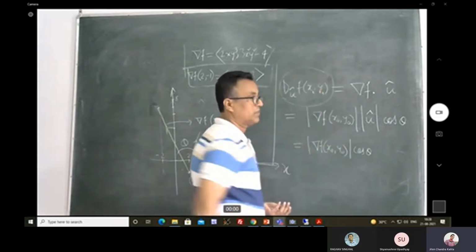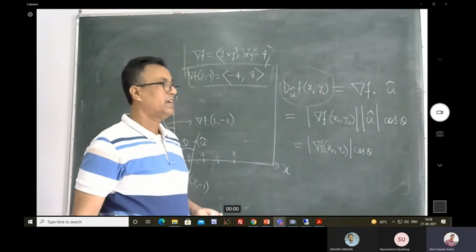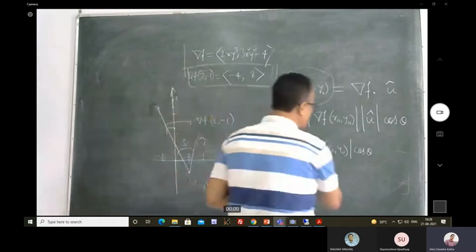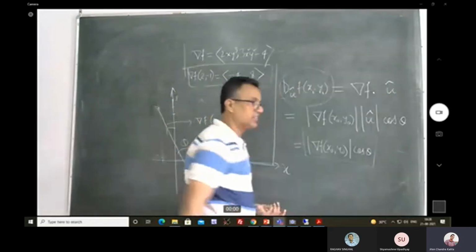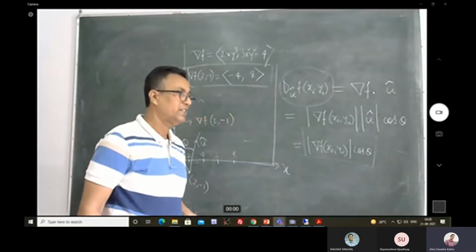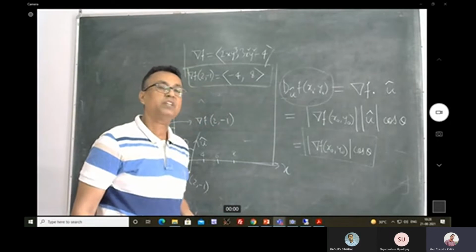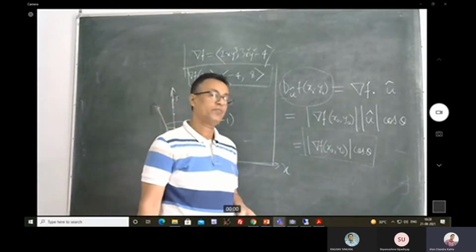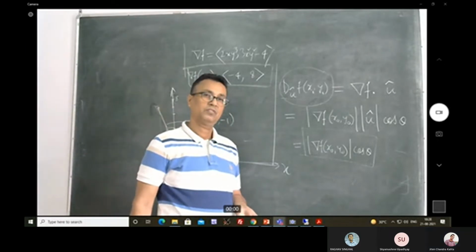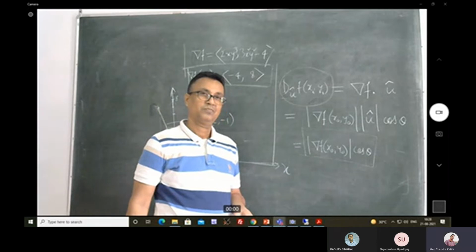In the direction of u cap it is going to be maximum. So then I will be seeking the maximum value of this, and the maximum value is going to be obtained when theta is equal to